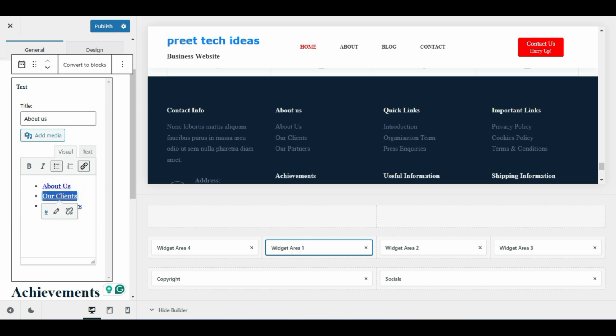Our client, you can change it. And if you want to change the old one, like our partners, you can follow the edit here. Okay, edit and provide the link. If you want to change, for example, our client, just select and you can go to just type